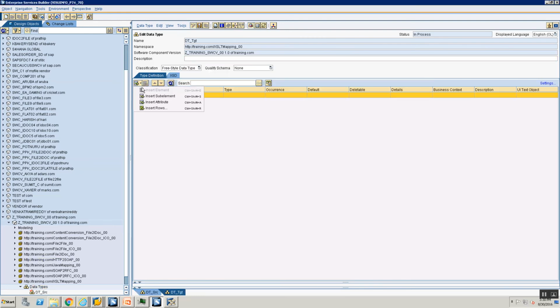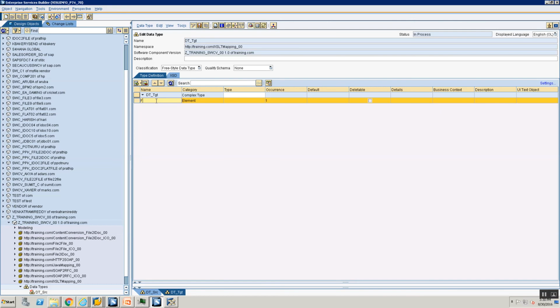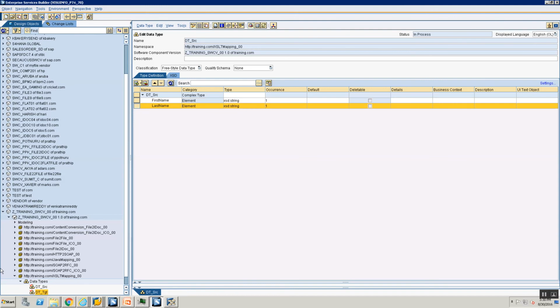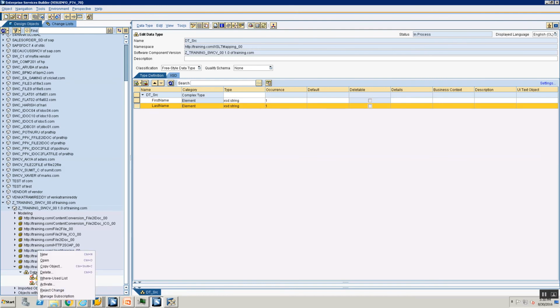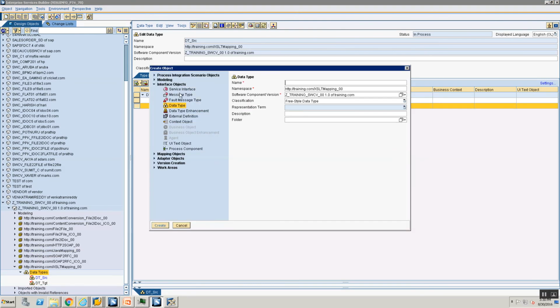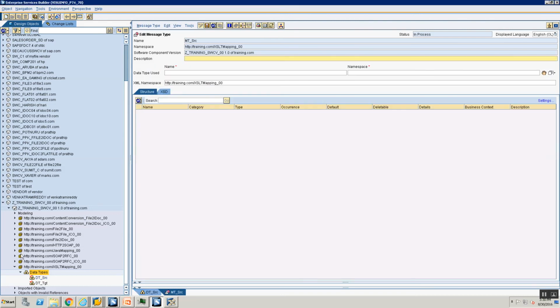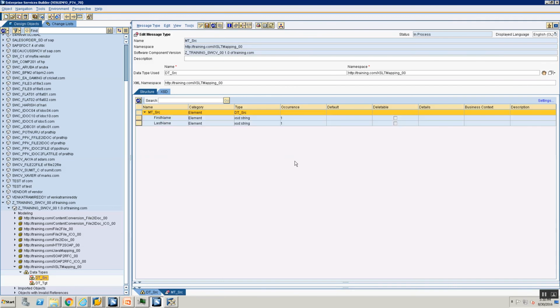Okay, I'm going to say insert sub element full name, call it a string. It's done. Save. Next, I'm going to create a message type. I'm being very fast at this because this is a very straightforward exercise. Empty underscore src, and we've created enough data types and message types by this time, right? I'm going in, dragging and dropping it, and my message type is, data type is also created.